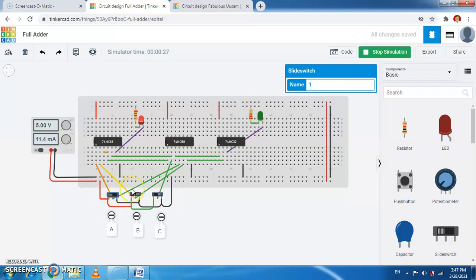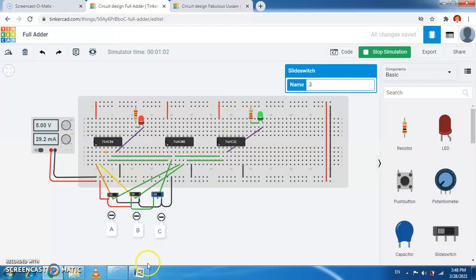So A plus B, that is 1 plus 0 is 1, plus 0 is 1, therefore the sum is 1 and the carry is 0. Now we make A and B both 1, then 1 plus 1 is 0 with carry, so the sum is 0 and carry is 1. The third bit is 0, therefore the carry is 1 and sum is 0. And if we make all 1, then 1 plus 1 is 1 0, plus 1 is 1 1, therefore the sum is 1 and carry also 1. So in this way this circuit will get simulated.